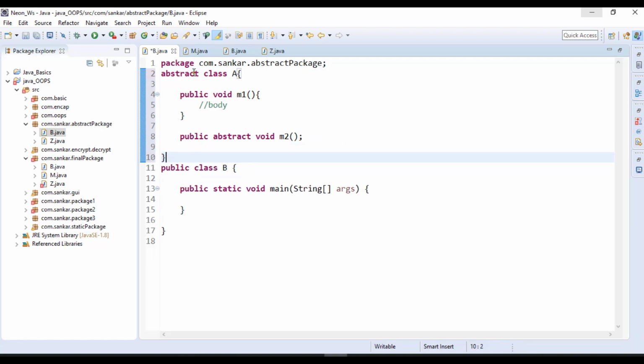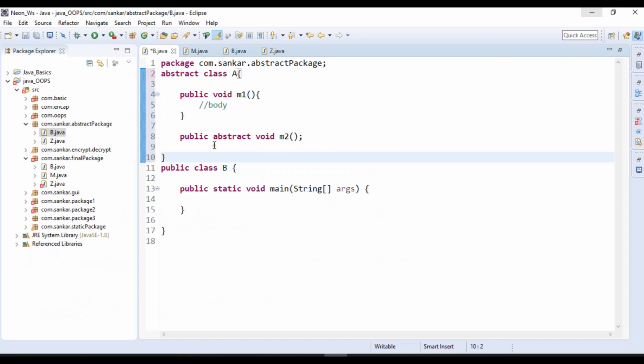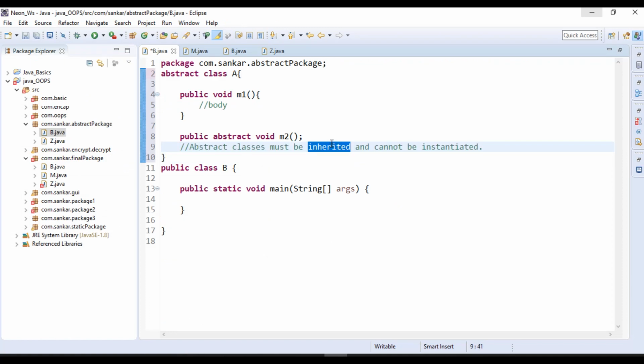Now what is the use of these abstract methods and abstract classes, right? Whenever you need to use abstract methods, you need to properly implement them in child classes. That point only they're telling here, right? If you want to properly use abstract methods or abstract classes, you must inherit. What is the meaning? Inheritance is the parent-child relationship, okay? So we need to inherit in subclasses, then we can use those methods, okay? We cannot instantiate, meaning we cannot create objects.